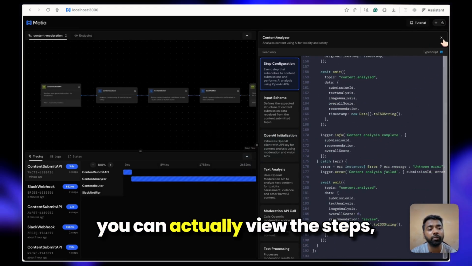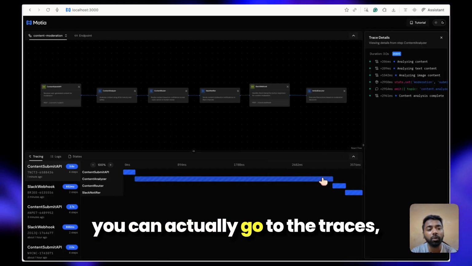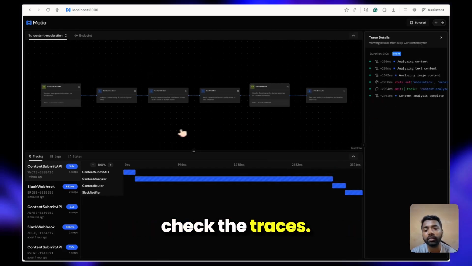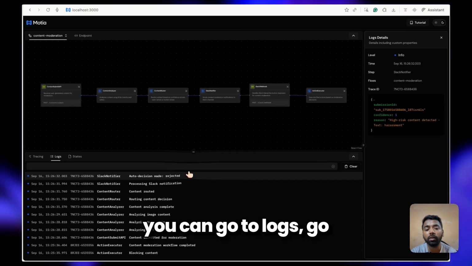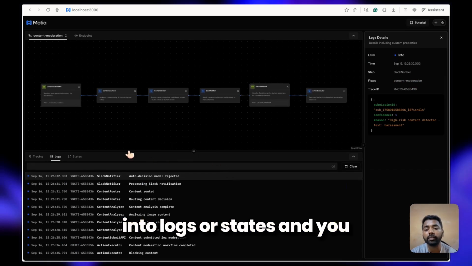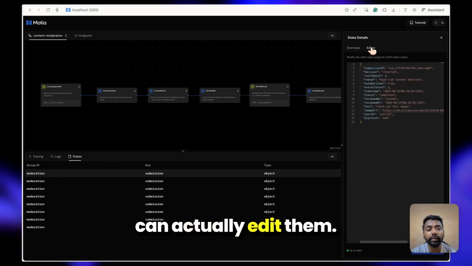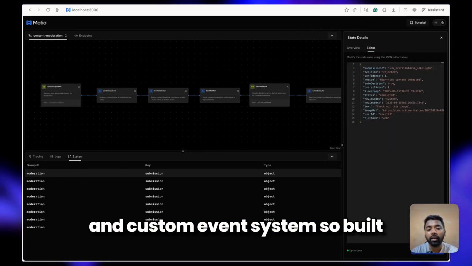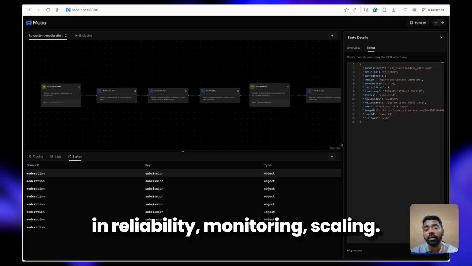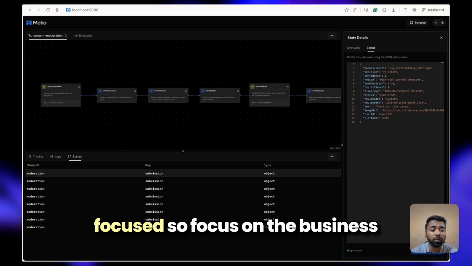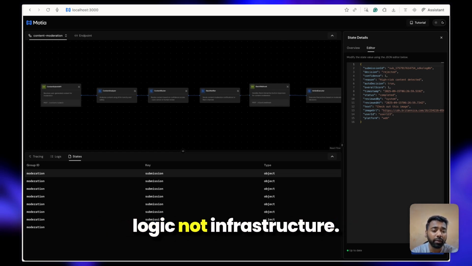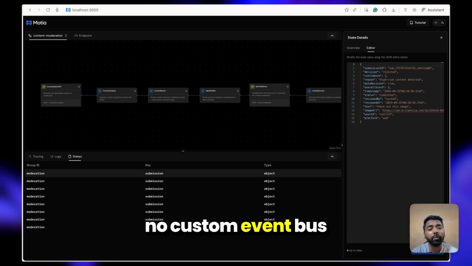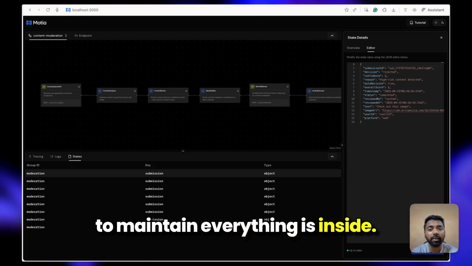You can view the steps, go to the traces and check them, go into logs or states, and you can actually edit them. Very easily everything is available here. And compared to a custom event system, there is built-in reliability, monitoring, scaling, and a focus on developer productivity. Focus on the business logic, not infrastructure. No custom event bus to maintain, everything is inside.